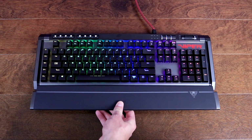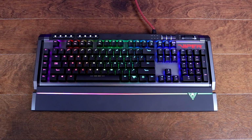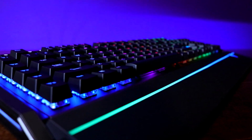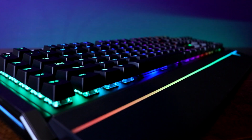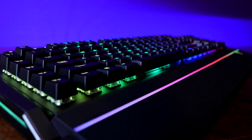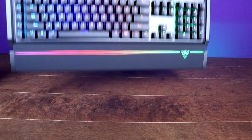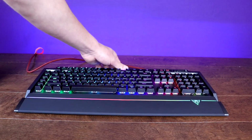But Patriot takes it one step further with the V770 by including a fully RGB magnetic detachable wrist rest. And I'm happy to say that they nailed the execution on this one. It's nice and weighty, and the magnets are strong enough that they'll work well holding the wrist rest firmly on the keyboard. Even when you pick up the V770 off of a desk, the wrist rest just won't